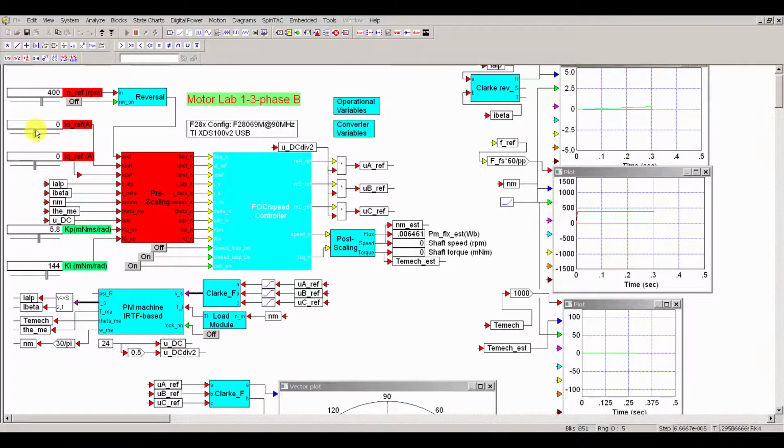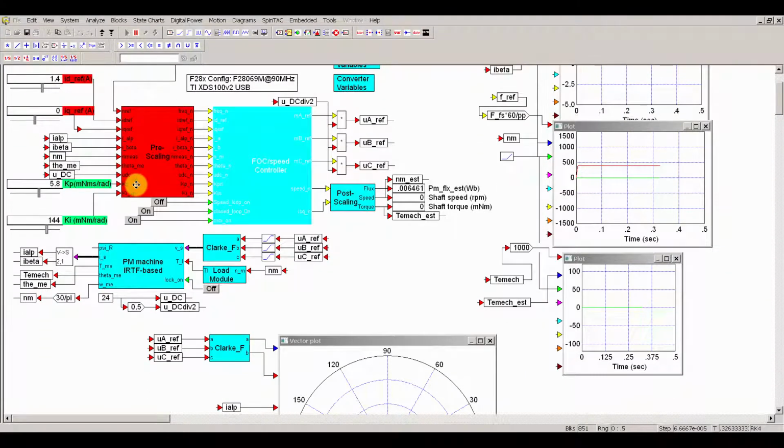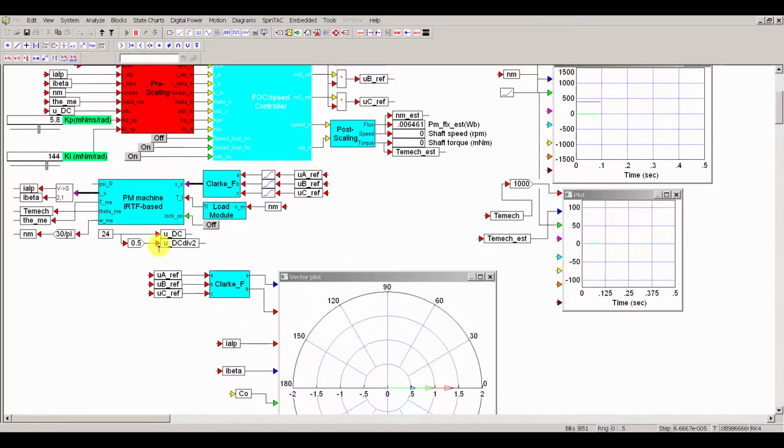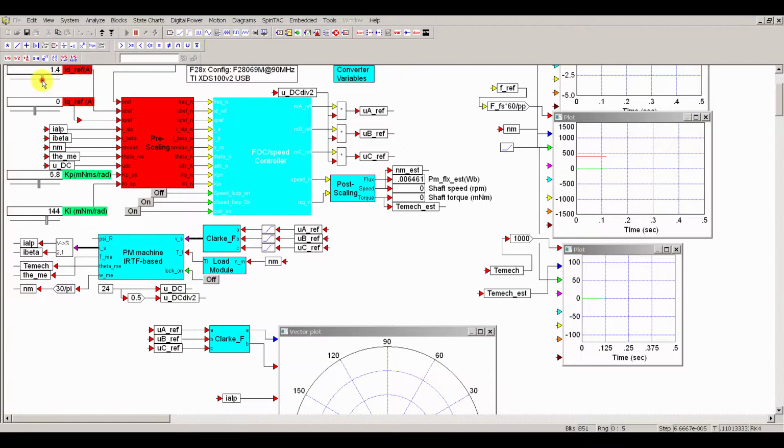So observe what happens when you put a current of 1 amp in that direction, or 1.5 amps. The current is now in that direction, no torque, nothing. Because current has to be at 90 degrees to the flux to be able to produce torque. There's no current in that direction. You have produced a heater at this stage. All you're doing is heating up the machine. It is not doing anything. So it's not going to rotate, it's just going to sit there. If you now set that current back to 0,